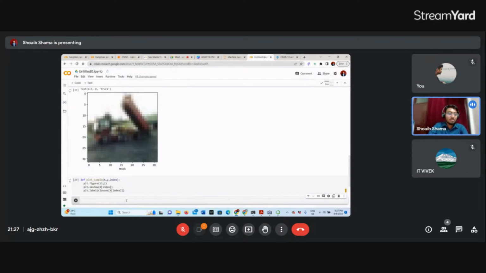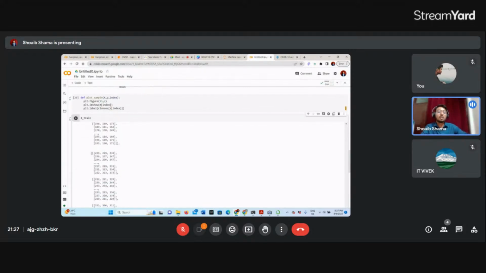So what we have to do? Let's see our training data, x train. Here you will see now that the training values have data like 198, 189, 173. So these are all in the range from 0 to 255.